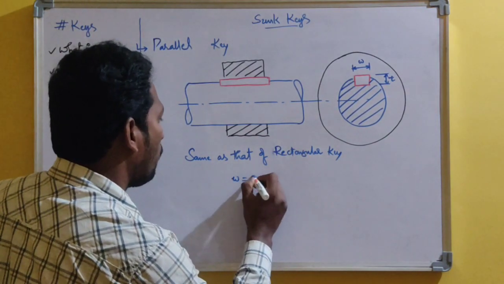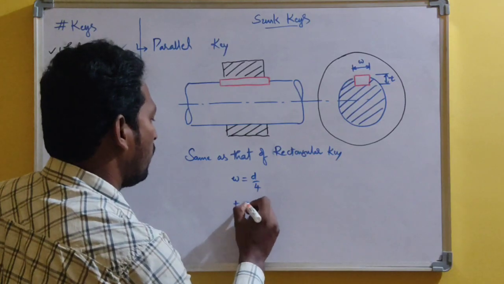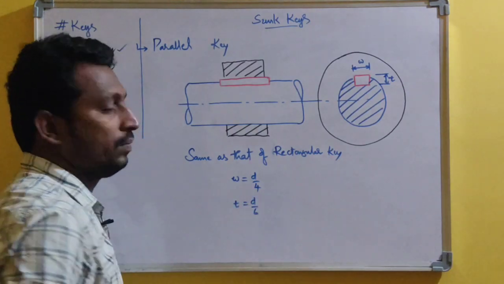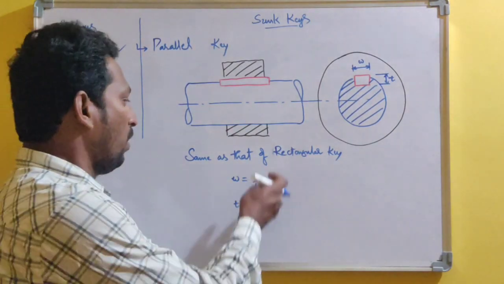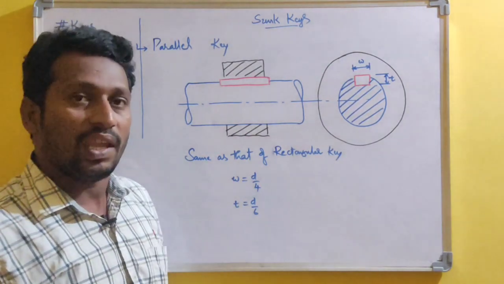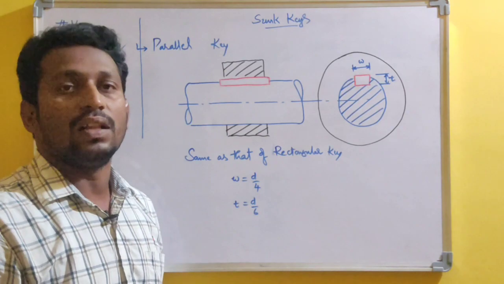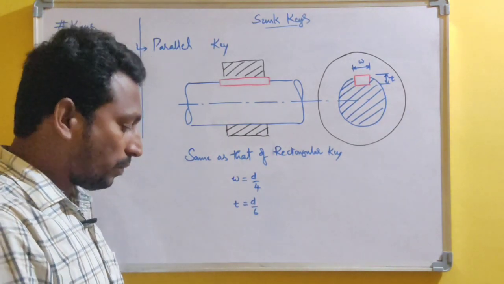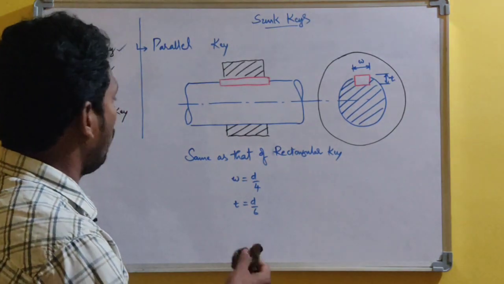What are the dimensions of this rectangular key? Width equal to d by 4 and thickness equal to d by 6. The same proportions will be followed for finding out the width of the key and the thickness of the key also. Okay, then next another kind of key is